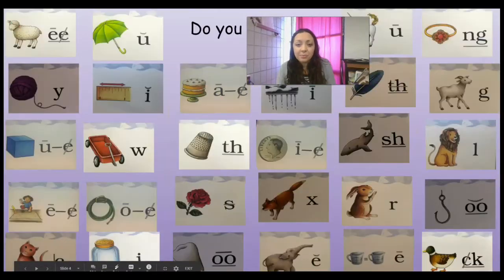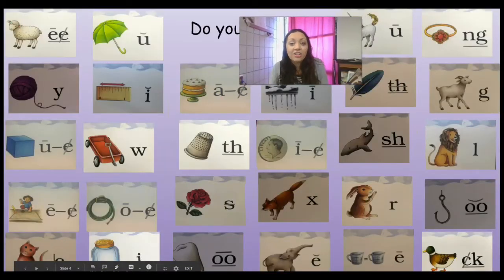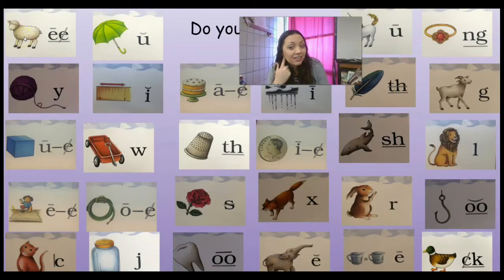Very good. All right, so here are our letter sound cards. So let's look at what we got. Remember, I'll say the word because I want you to hear the sound inside the word. Then I'll say the sound, you echo it back to me, and then we'll say the name of what it is. Are you ready? So I've got sheep, E, digraph EE, very good. Umbrella, U,